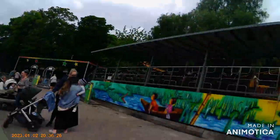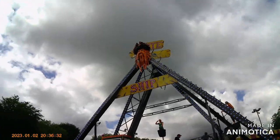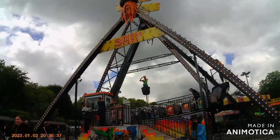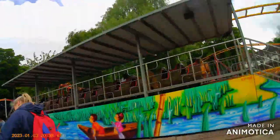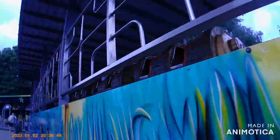Yeah, just another ride on the pirate ship, but I've got to go through a bit of a history of some of the rides I've ridden here. So this is brand new. It was literally September last year on the manufacturer plate from Clifton Park. It's quite a popular sort of flat ride manufacturer. Then this, I don't think... No, it's got the Top Fun plate on it though, but